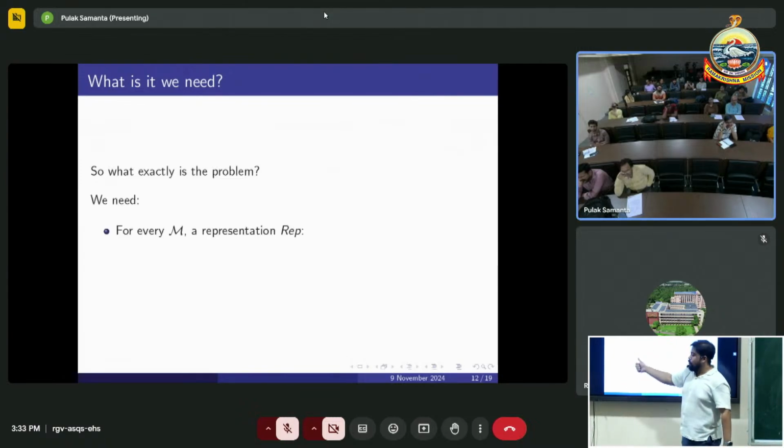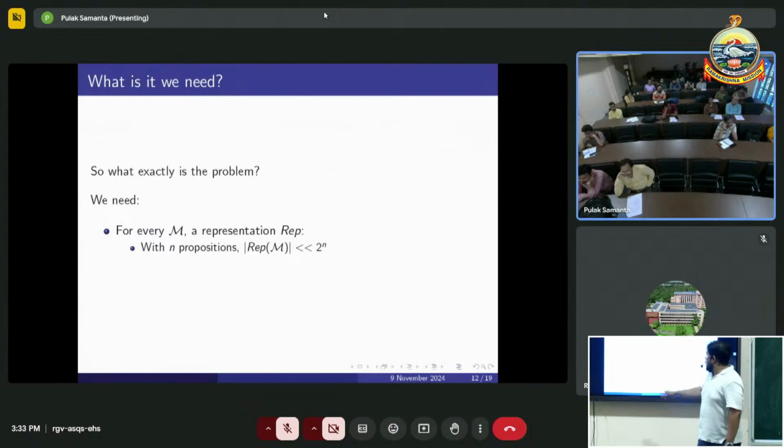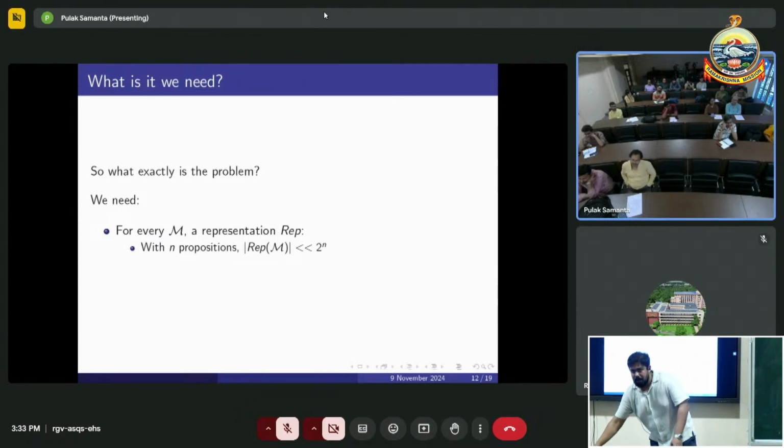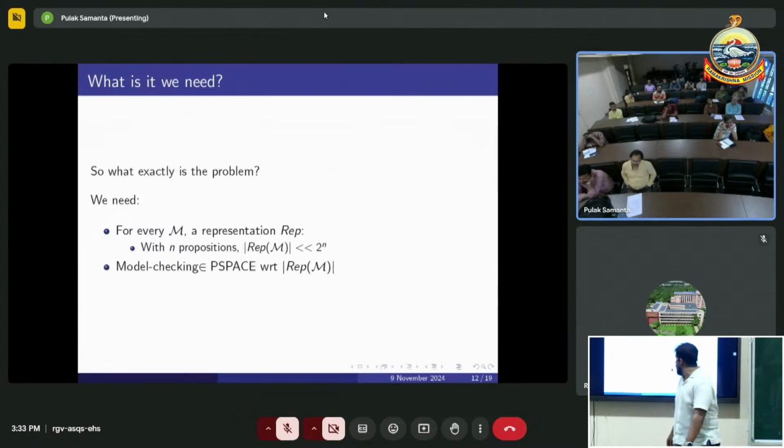For every Kripke model, we need a representation, say rep. What properties should this representation of the Kripke model follow? With n propositions, the size of the representation of this Kripke model should be significantly lower than the exponential 2 to the power n. And this is the main part: the model checking should be in PSPACE with respect to